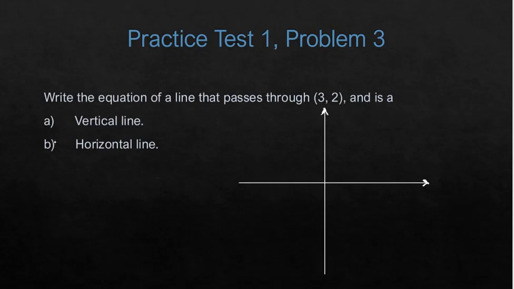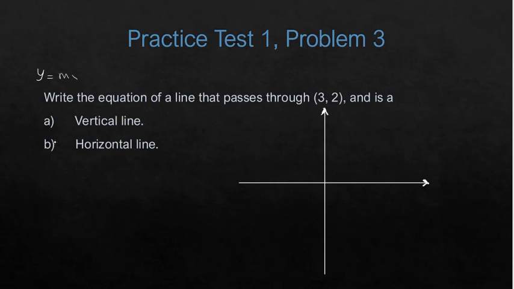Okay, write the equation of the line that passes through point (3, 2) and is, for part A, a vertical line, and for part B, a horizontal line. So every time you see "write the equation of the line," generally